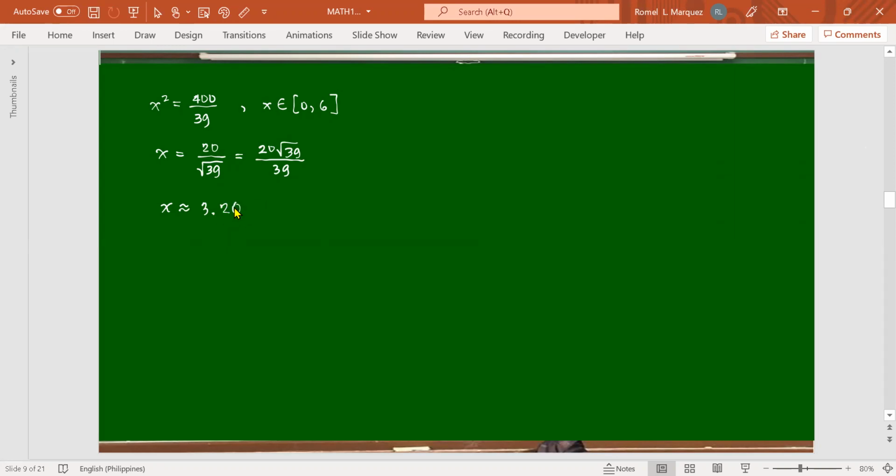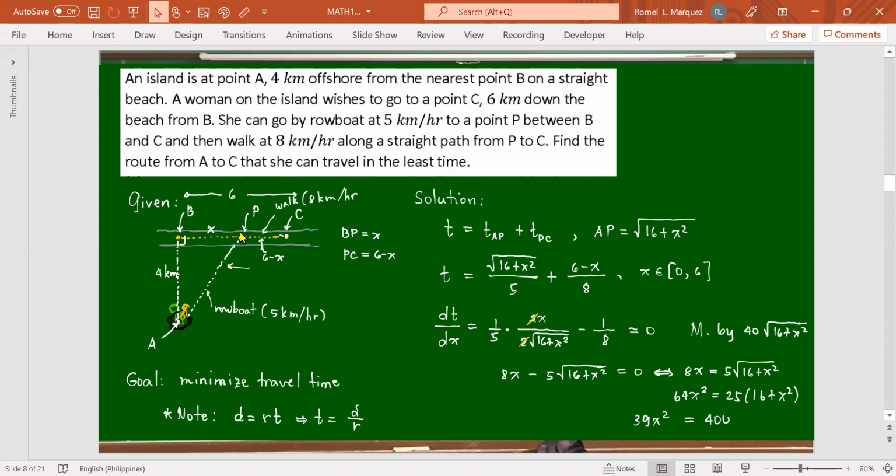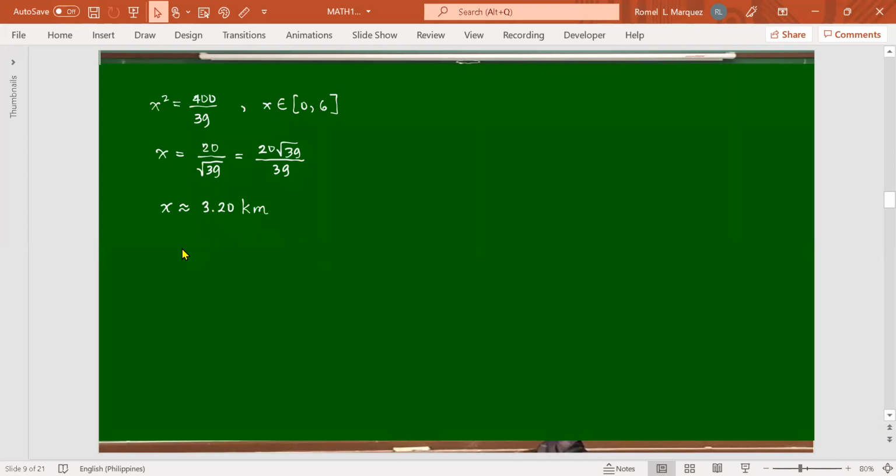Yan, approximately 3.20 kilometers. So we want it from A going to what? From A going to B to P, then to C, no? Find the route from A to C via P. Okay, so the route is A to C via P, no? Via P is equal to